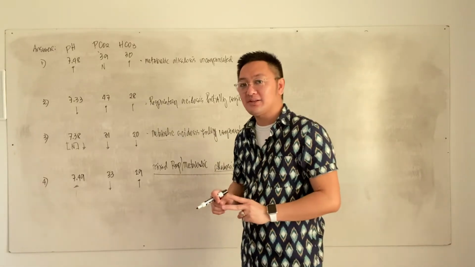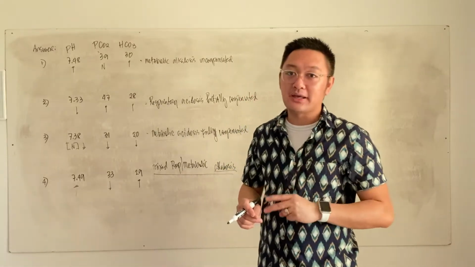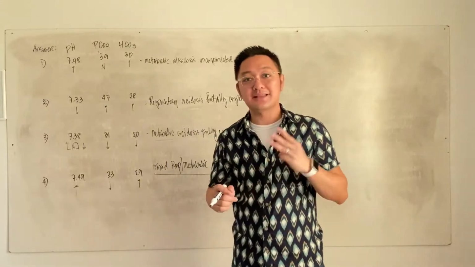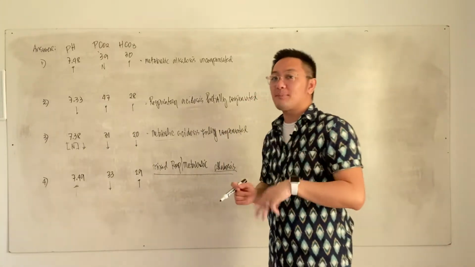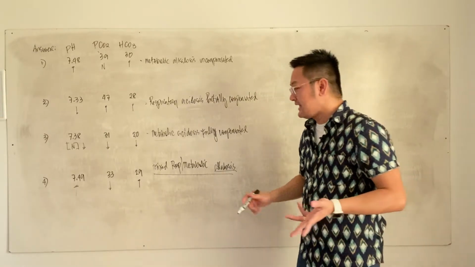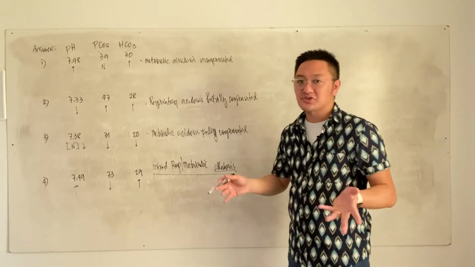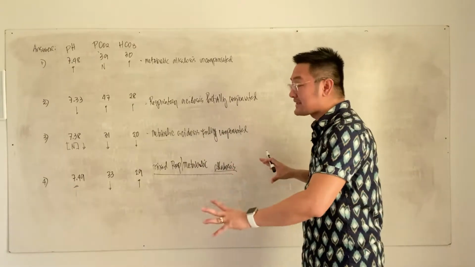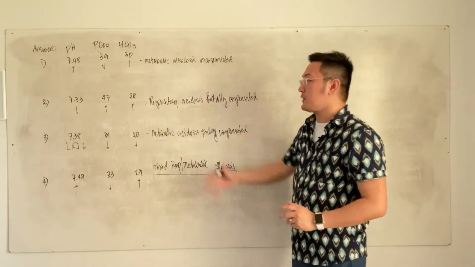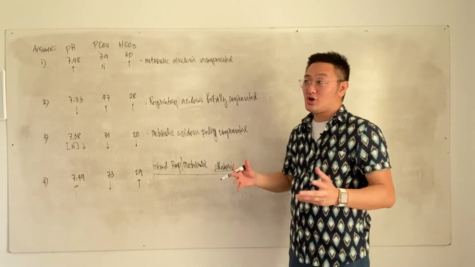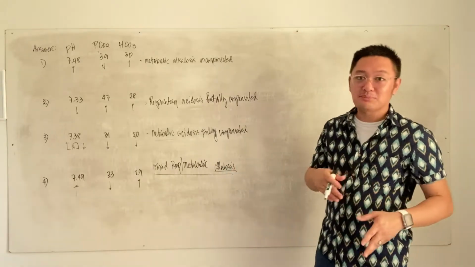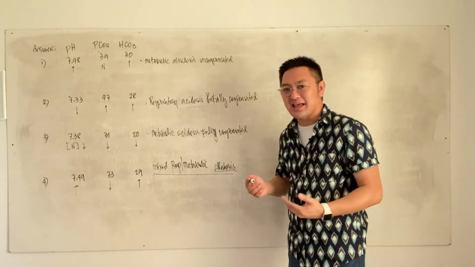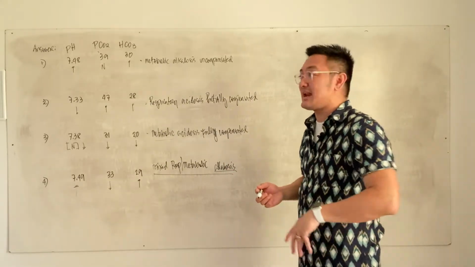After you're able to identify whether it's respiratory or metabolic, the third and last step is to classify whether it is uncompensated, partially compensated, or fully compensated. For this number 4, no such thing as fully or partially compensated because this is a mixed condition. Okay, so I hope you're able to get this correctly. If not, then go back to the previous video clip and try to analyze, understand, and absorb all the things that I said there.